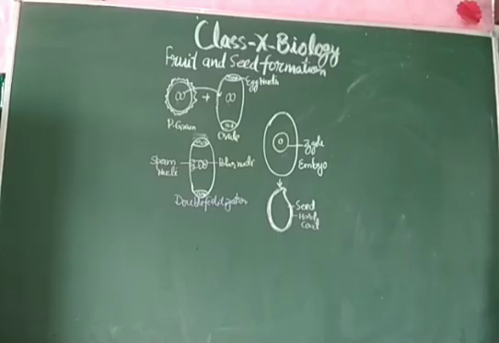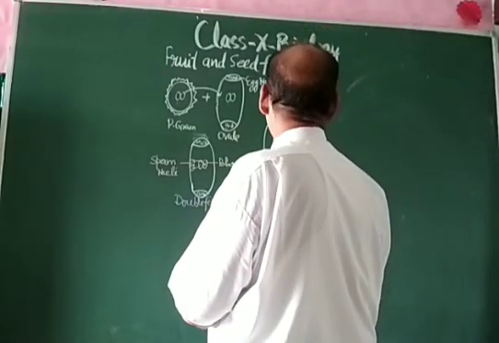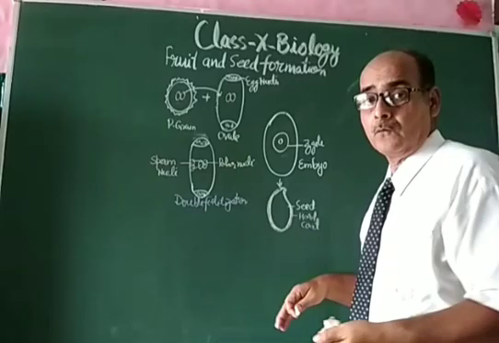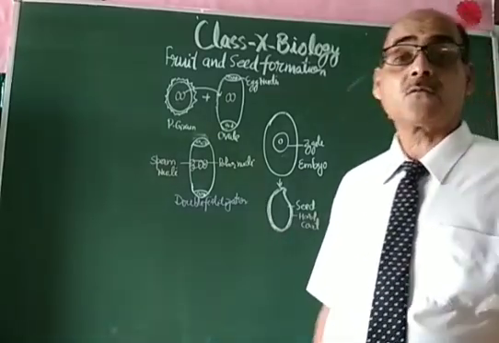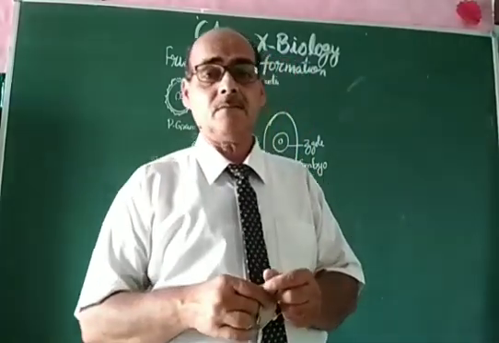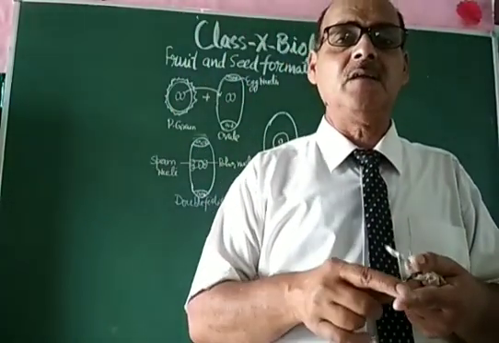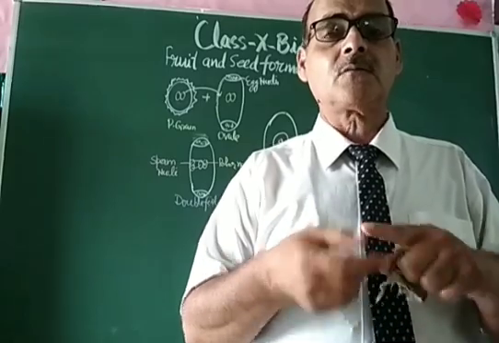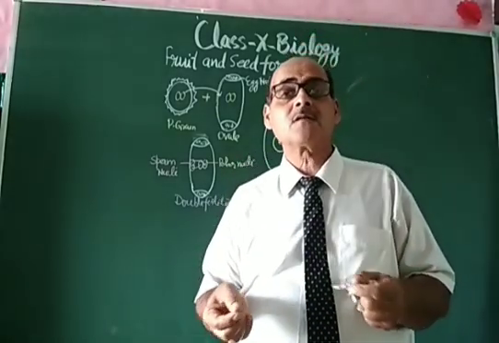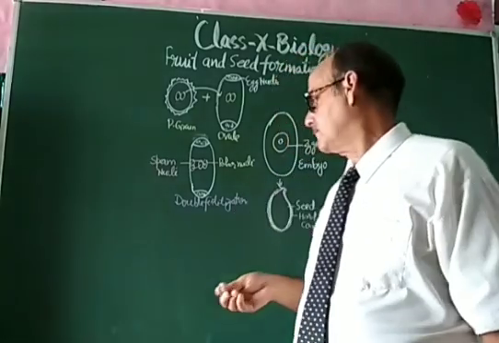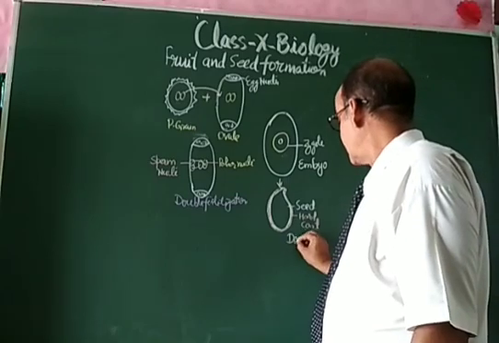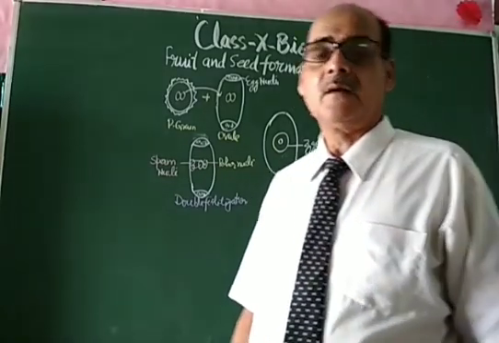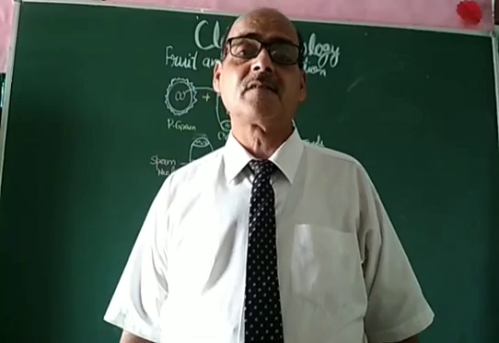If you go through the process of seed germination, what happens in this process? The seed is in a dormant condition, in a dry position. As you know, seeds are kept dry, whether wheat, gram or pea, and the moisture goes out of them. So that seed will be in the dormant condition. A dormant seed cannot germinate without getting moisture.